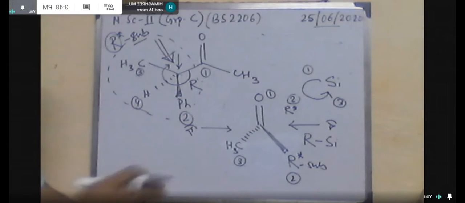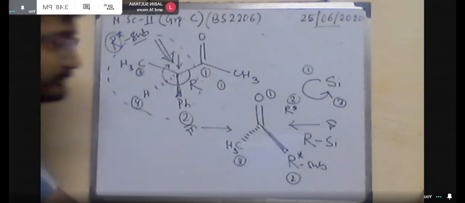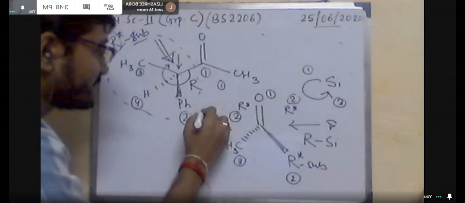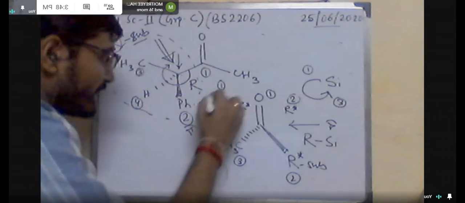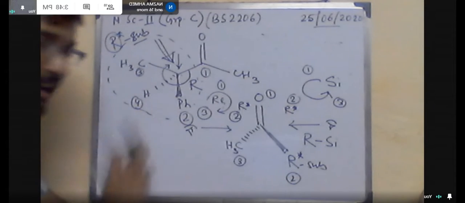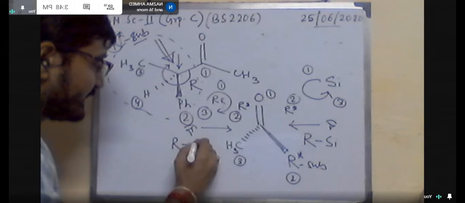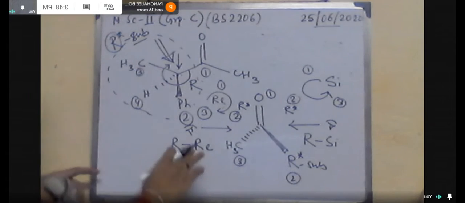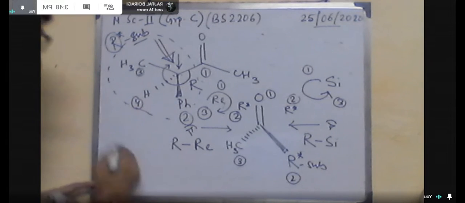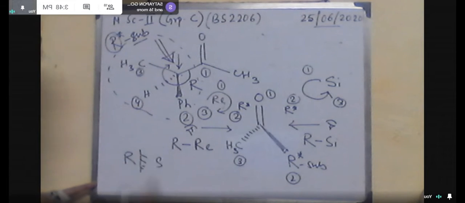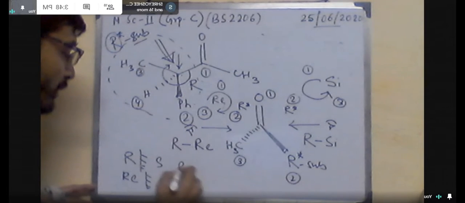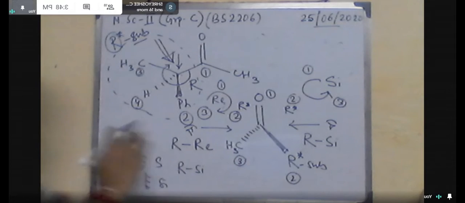Now here you can designate the relationship between the two faces. If they are enantiotopic, we know R and S are both mirror images, and Rc and Sc are both mirror images. So that means if one designator is Rc or Rre, the other designation according to the mirror image should be Sc. But here you can find this is the Rre and this is the Rc. That means they are not mirror images of each other. So that means they are diastereotopic.